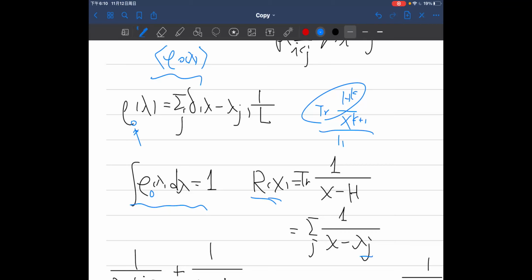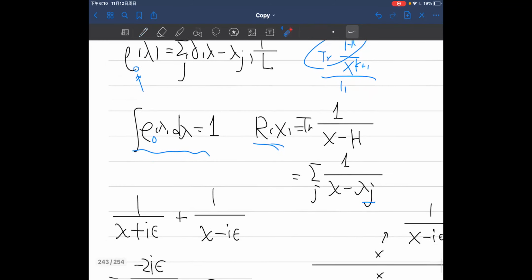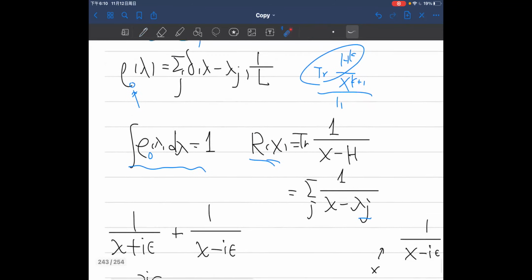I checked whether I have made a mistake in the pronunciation of the word. Okay, resolvent. Okay, maybe I need to call it a resolvent. Okay, this is a resolvent. This is the density of eigenvalues. Okay, you need to